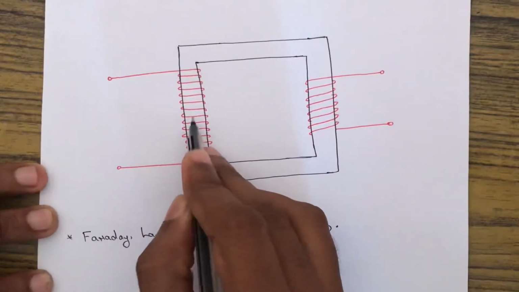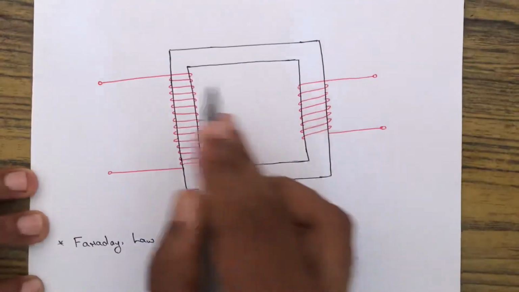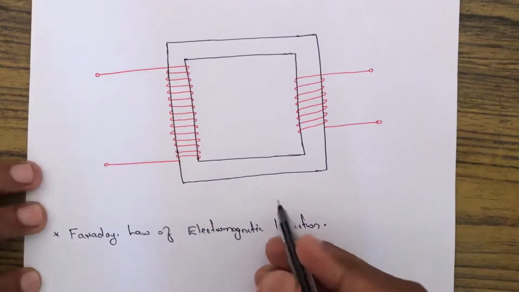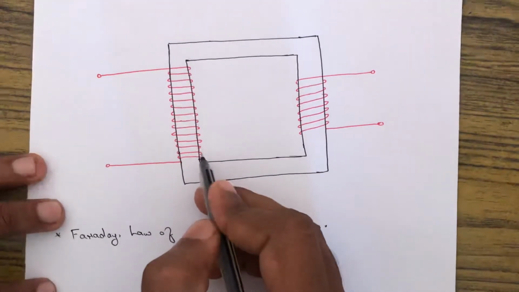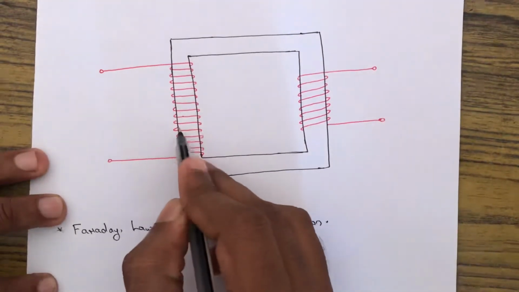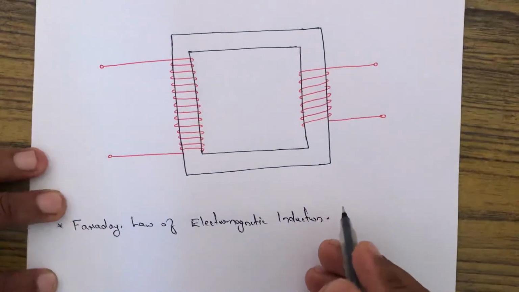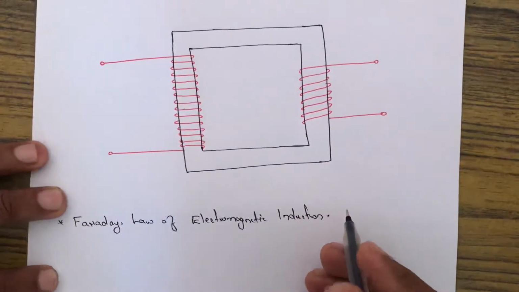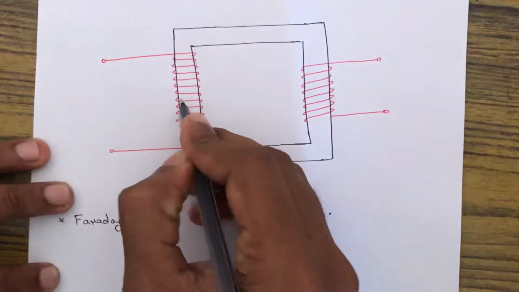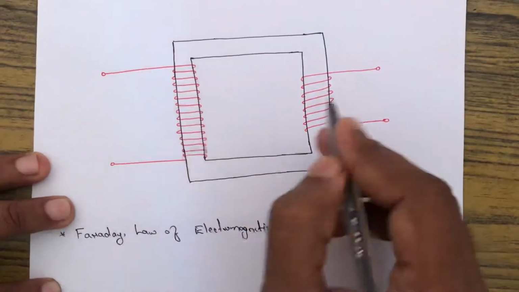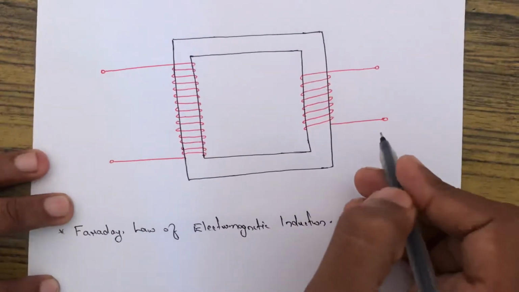It has AC electrical circuits that are linked by a common magnetic circuit. So transformers are used to change the level of voltage from one level to another. Transformers are electrical machines which are used to convert one level of voltage to another level of voltage, and it depends upon the number of turns in the windings.